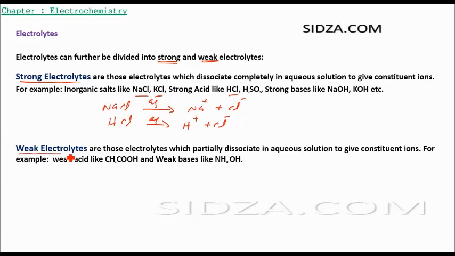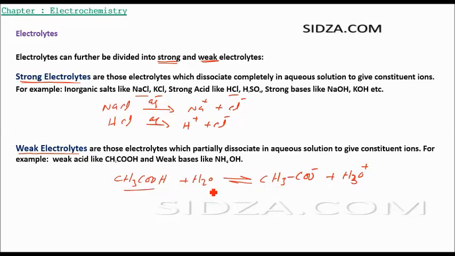While the weak electrolytes dissociate partially. There is an equilibrium, like the acetic acid. Suppose you take acetic acid, CH3COOH, in aqueous medium, when we take water as the solvent, there is an equilibrium between it and its dissociated form, CH3COO negative. The H plus ion will react with the water and form H3O plus. But there is an equilibrium, you do not get 100%. The acetic acid in this example does not dissociate 100%, so there is a partial dissociation of the weak electrolyte.